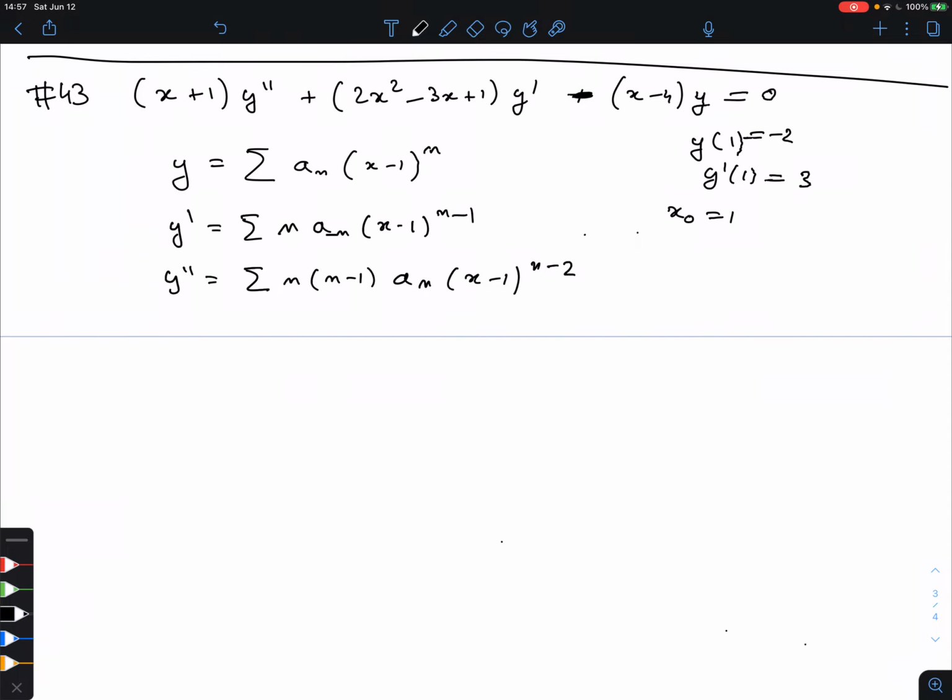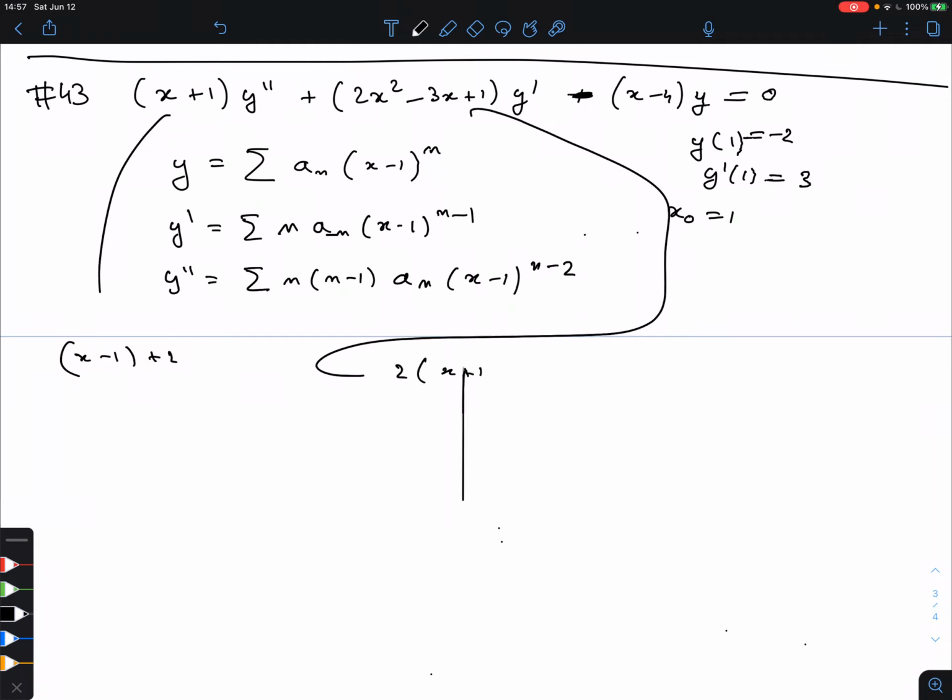Okay, now one other thing. We have written the y, the derivative and the double derivative in terms of x minus 1, but we have to do the same thing for the coefficients. So the first one would be, of course, x minus 1 plus 2. What is this one? This would be 2 times x plus 1, minus